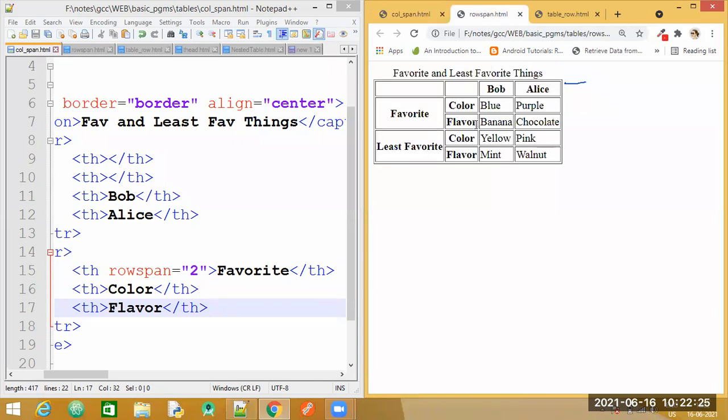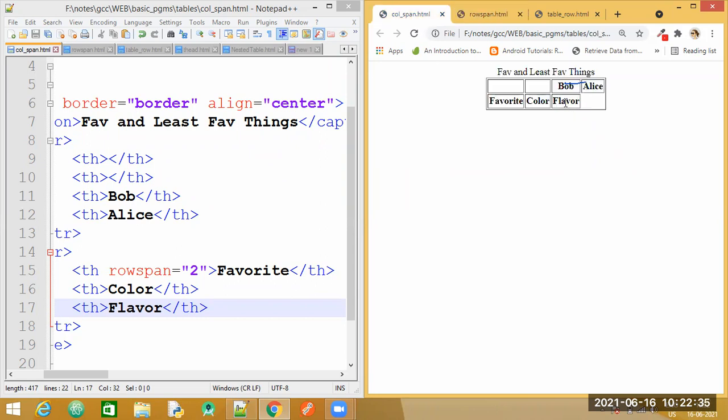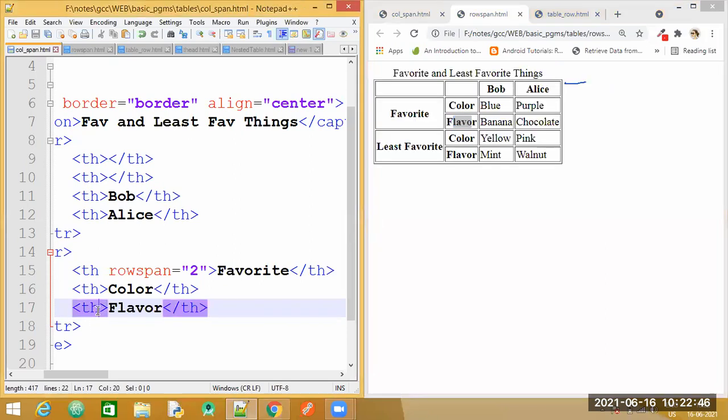Favorite, color and flavor, whereas flavor has to come at the bottom. So now we will just create this row first. Okay. So I need to remove this. Have a look here. Since I've written a TH tag in the same row, we're getting it horizontally. I need to move this at the bottom of this color. So instead of specifying TH here, what do I need to specify now? Can you tell? TD.